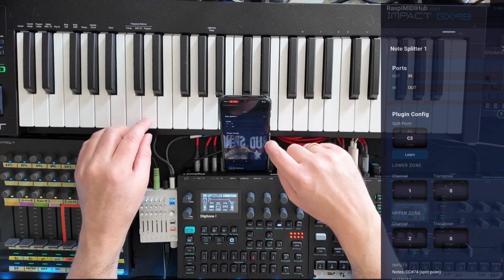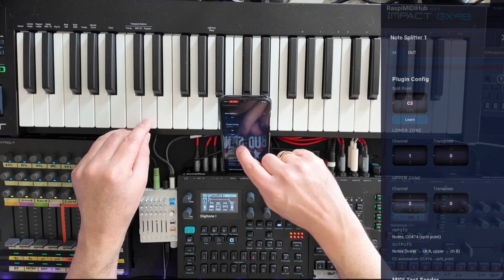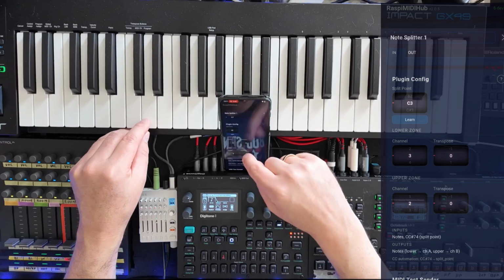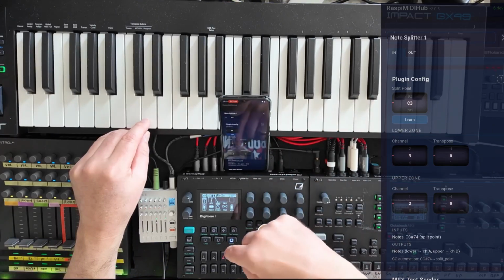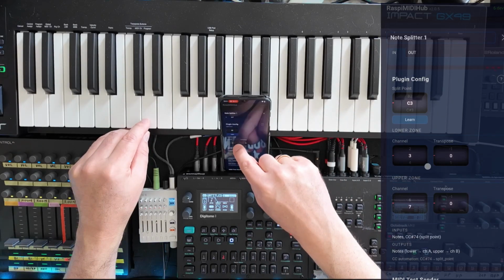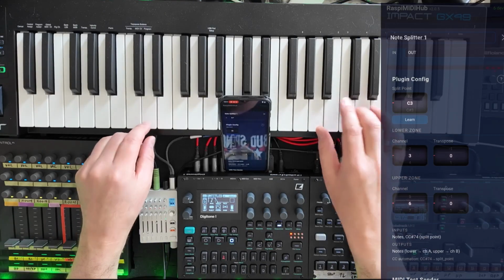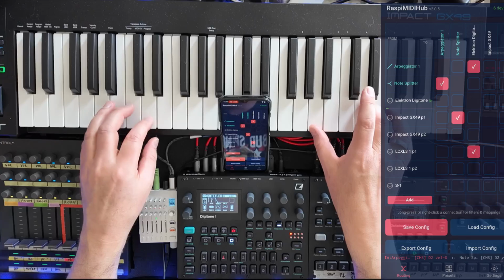Okay, different instruments right now, but we don't want these instruments. We want channel 3 for the lower zone, and for the upper zone we want channel 6, because I want this piano-like. Okay, perfect. Now we have an ARP